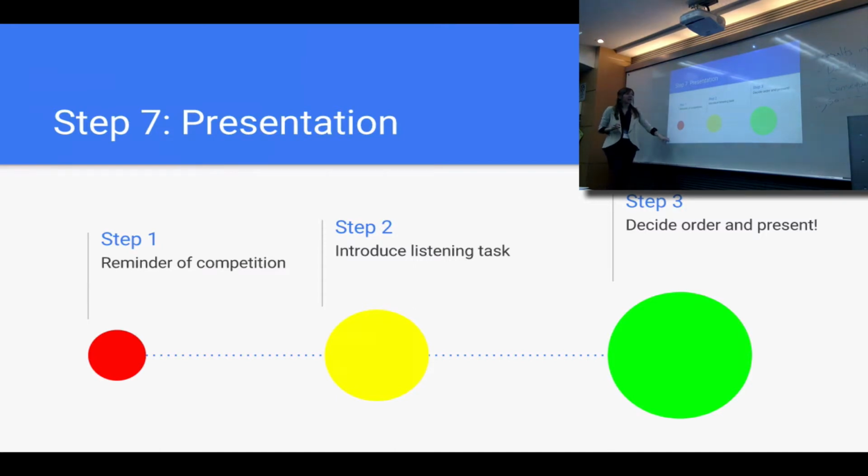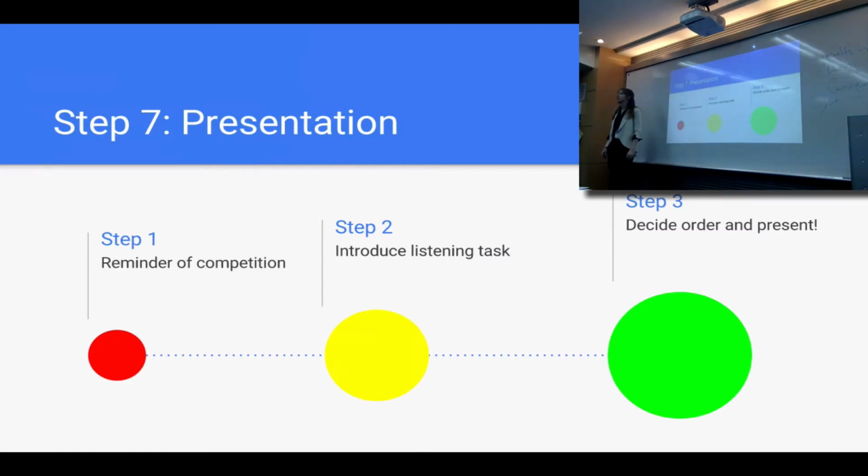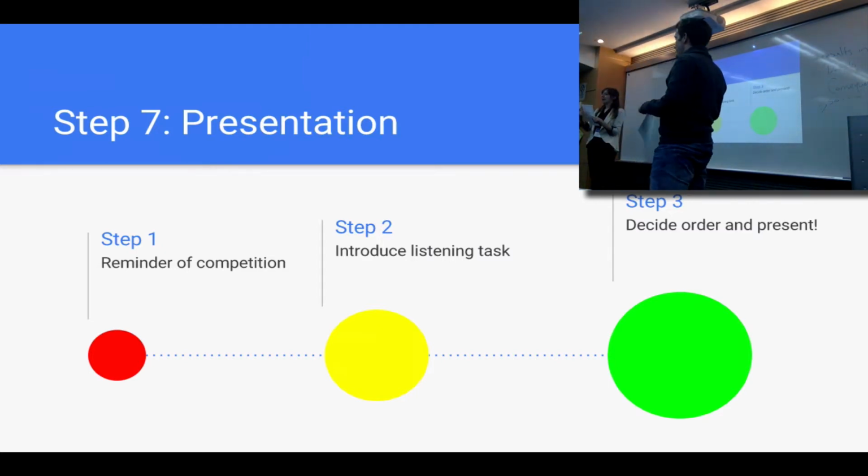And then after that, the students are given a listening task. If your students are anything like ours, they're high school students, and as soon as they're not directly doing something, they have completely checked out. So they are required to take notes on the other students' presentations, and they also have to give all of them a score. So each group for us had 4 students in it, and they had to write the student name